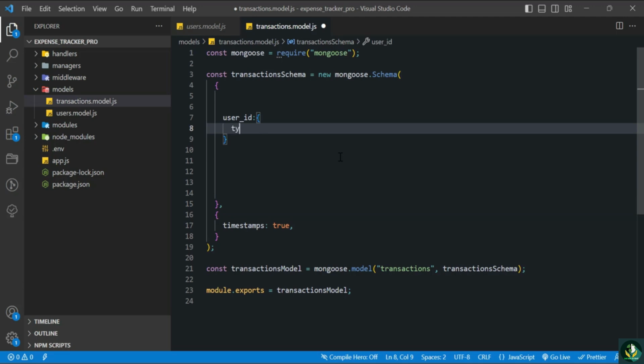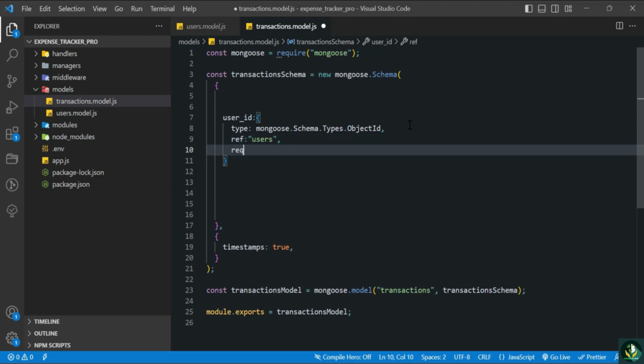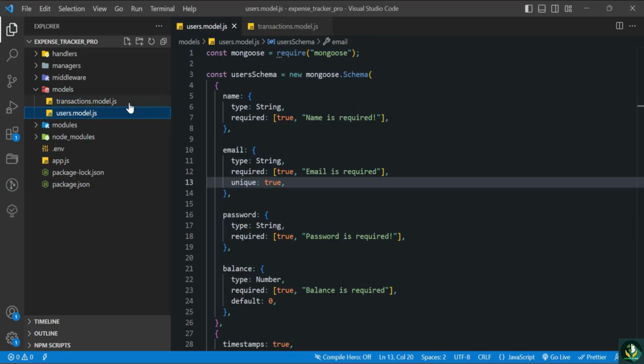So the type of this user ID will be mongoose.Schema.Types and then ObjectId. Now instead of saving the user ID in the transaction schema as a plain string, we will be using the ObjectId type of Mongoose, right? And also we need to provide a reference to the user model. So for that, the next key will be ref, and inside of the ref will be our model of users, and this will be a required field, so required true. So by providing the reference, we are linking this user ID object with the user ID of the users model,